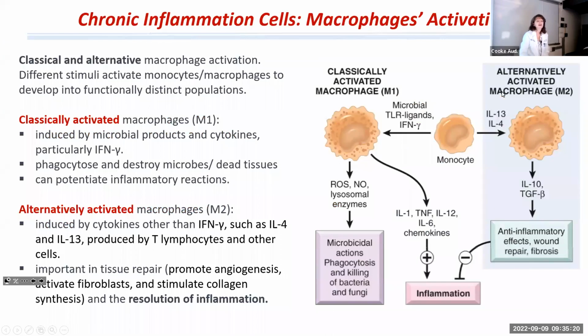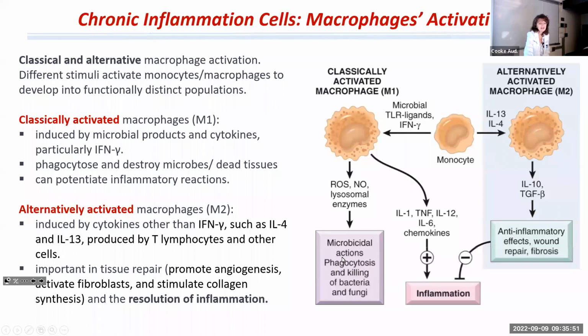All right. Well, I just mentioned activation. Activation is a very important process, and there are two ways for the monocyte to become activated. There's M1 and M2. M1 is the so-called classically activated macrophage. This is M1, induced by microbial products and cytokines, particularly interferon gamma. And once activated through this